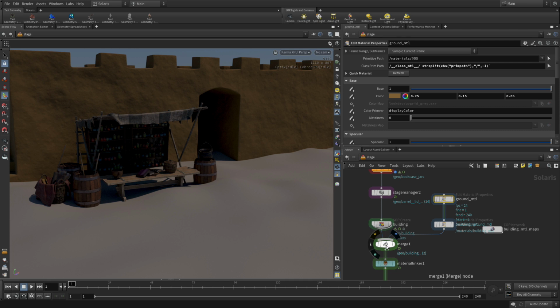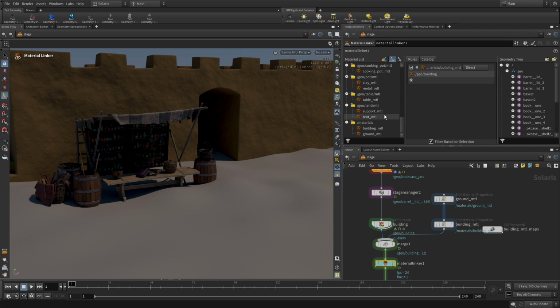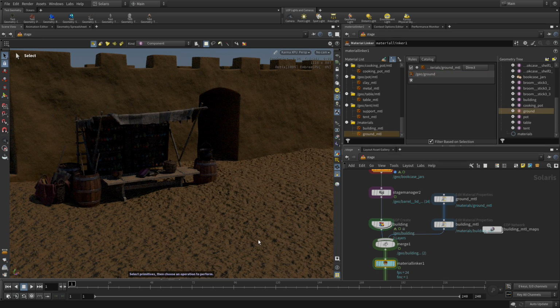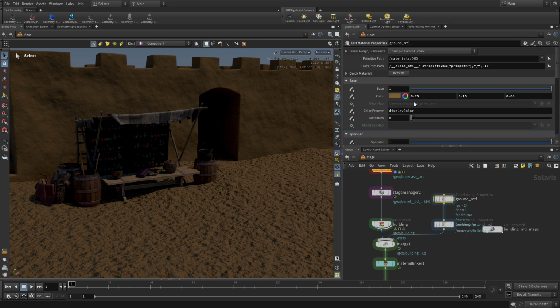We're going to go to the material linker, and we're going to bring the ground over here. We've got to find the ground and drag that over there. Right now it's giving it exactly the same texture as that, but we want to use something slightly different and change the colors a little bit. So on this one here, we're going to change the colors to